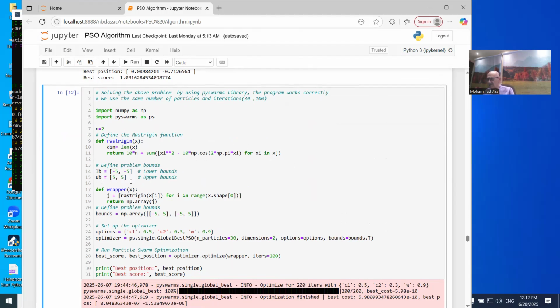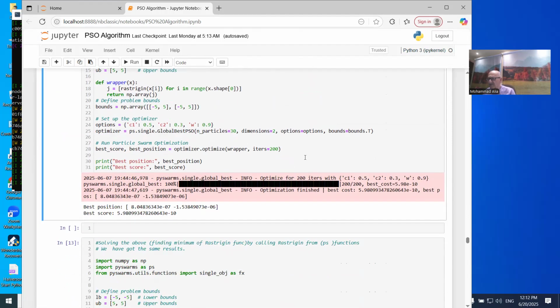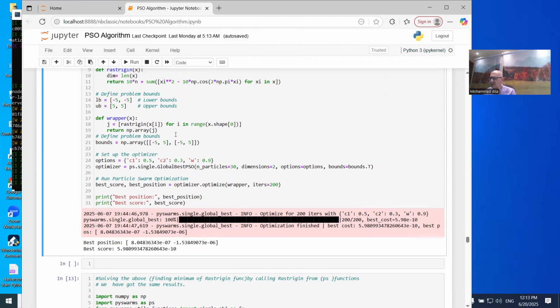These are within the bounds which are usually for this function. We have defined the options, which is the coefficients of the Pyswarms, and we have called the optimizer and passed there the function, and we have run the Pyswarms algorithm. If we run it now,